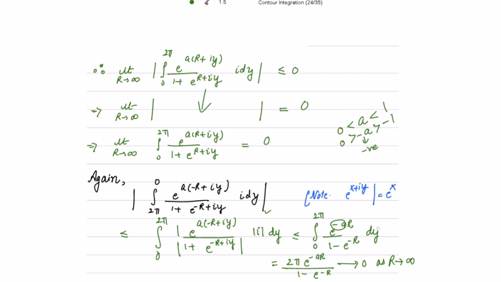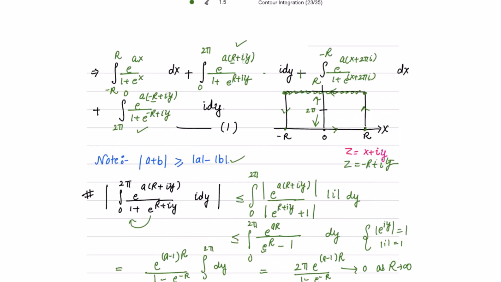So when r is tending to infinity, the numerator will tend to 0. Okay. So these two integrals vanish, the second one and the fourth one. These two integrals vanish. So we are left with the first and the third integral only, right? And we have to apply r tends to infinity in this